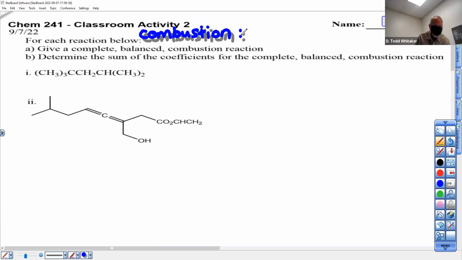So what are the two reactants in every combustion reaction? Oxygen. What's the formula for oxygen when it reacts? O2. Reacts with a fuel. That's your variable. To give what two products? CO2 and